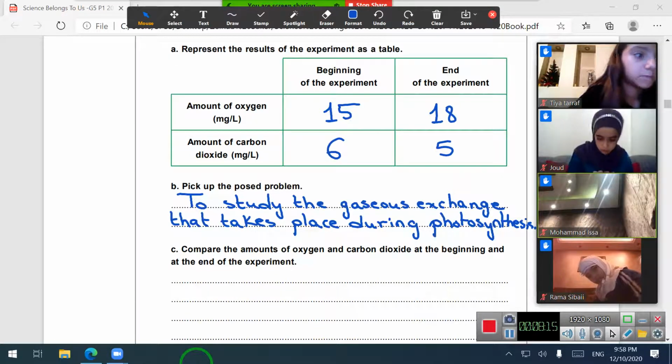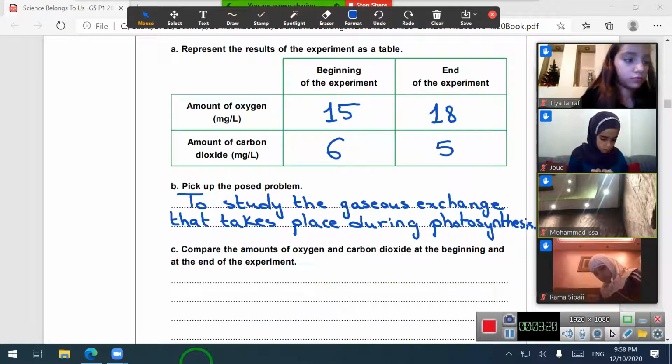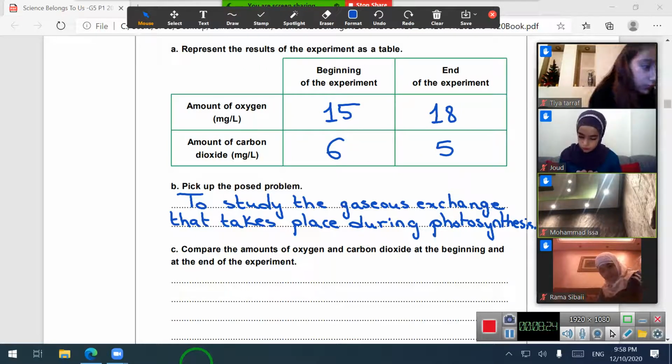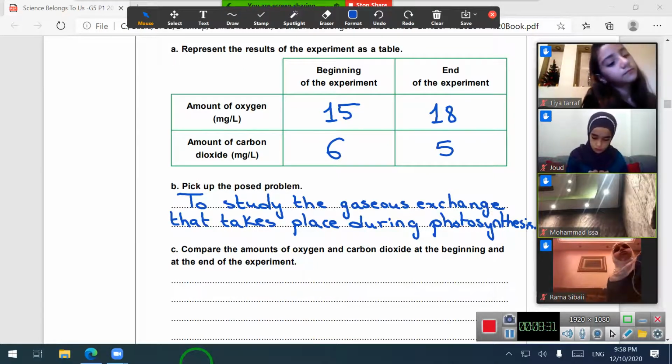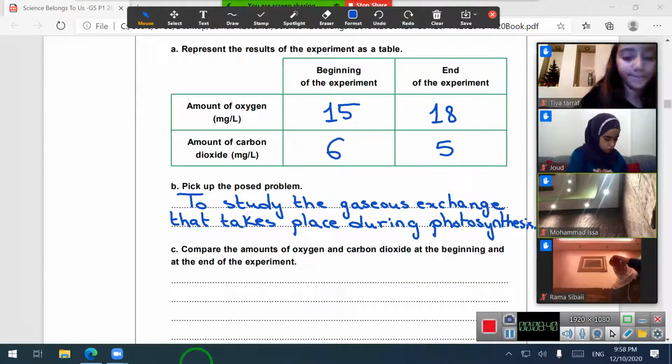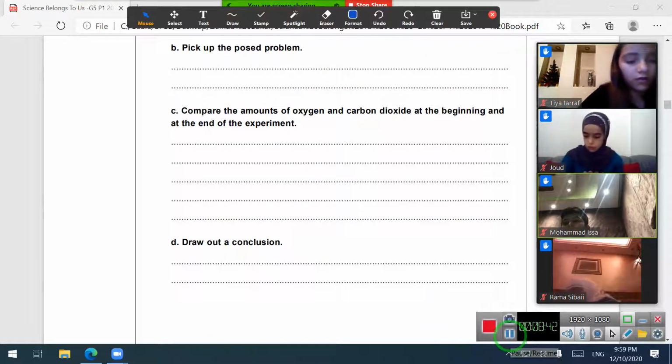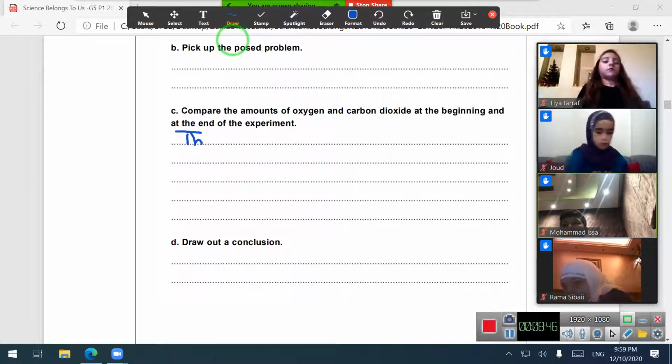While the amount of carbon dioxide was 6 at the beginning of the experiment, and at the end of the experiment it was 5, so it decreases. Why does it decrease? The plant absorbs it. Excellent. Because the green plant absorbs carbon dioxide during photosynthesis. So that's why the amount of carbon dioxide decreases. So let's start now. Excellent. The amount of oxygen,